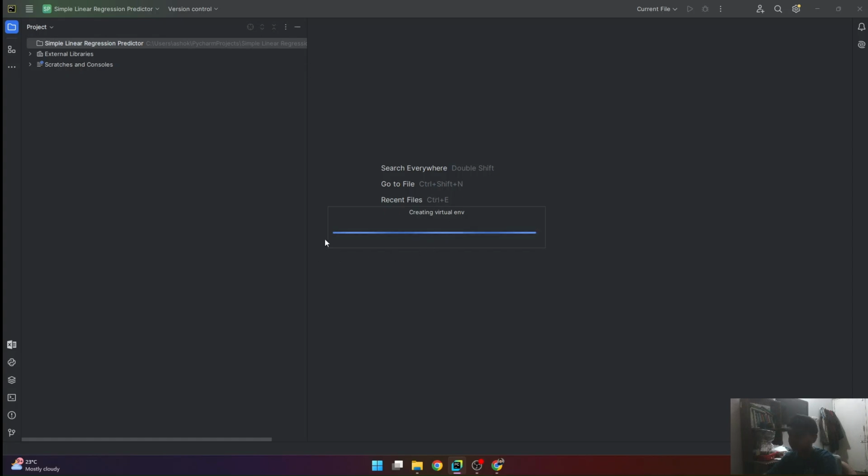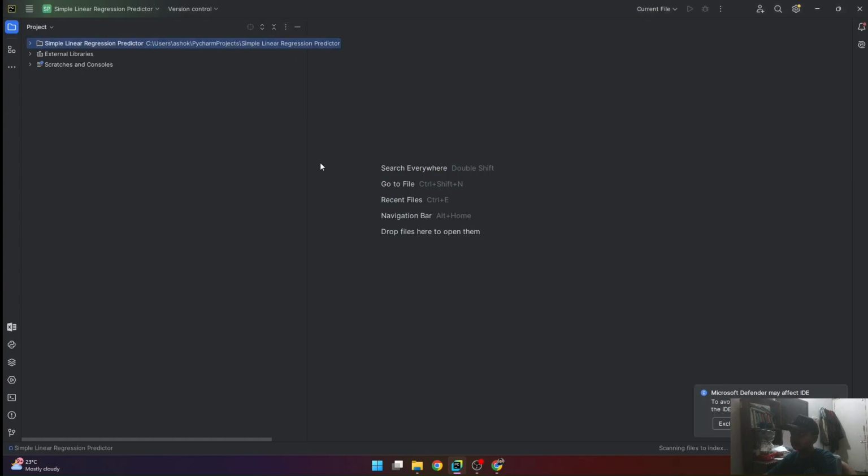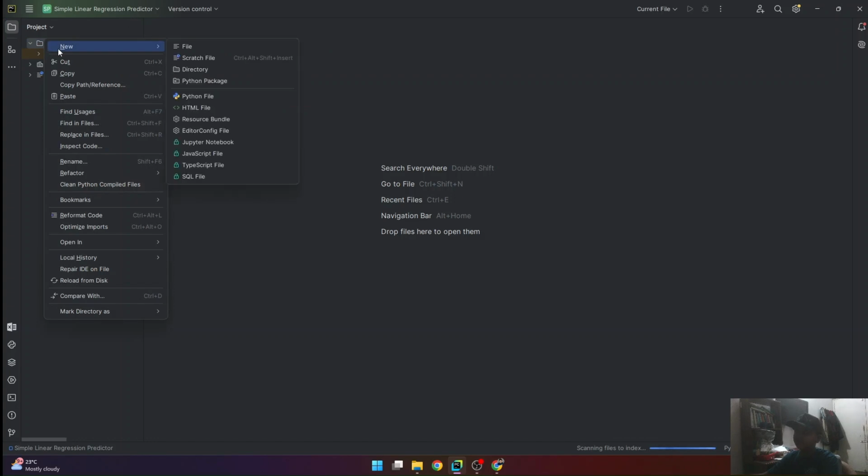The IDE environment loads. Okay, now that we have created the virtual environment and the project, let's create the main.py file.